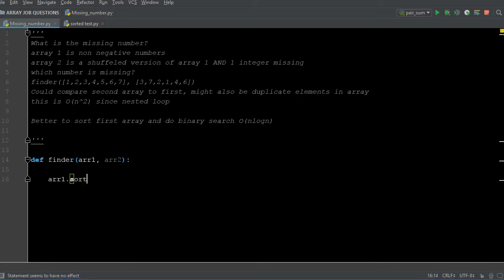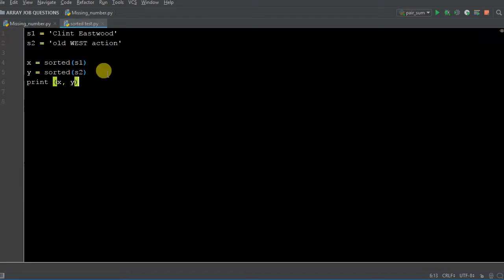So for array 1, I just want to sort it. I'm just going to call the sort function on array 1, and the same thing for array 2. We want to sort those. Array 1, sort. Array 2, sorted. Easy peasy. Now, for those who may not be familiar with sorting, I just wanted to show you real quick